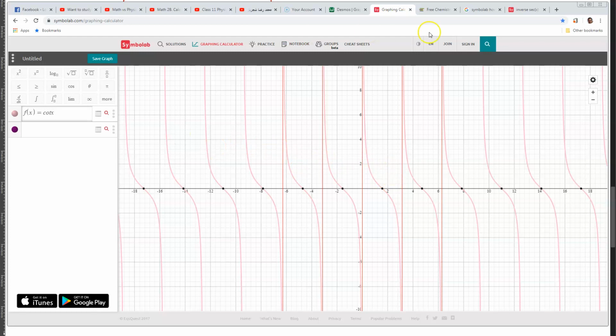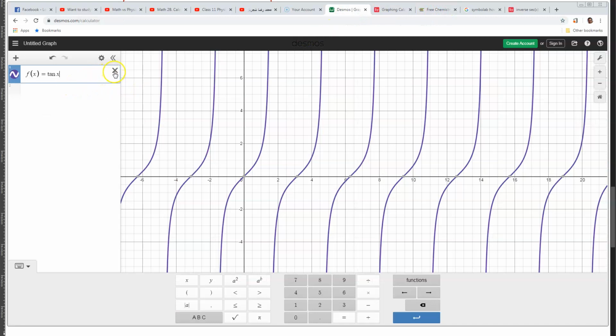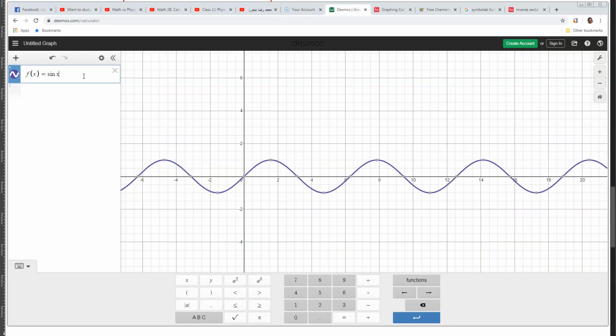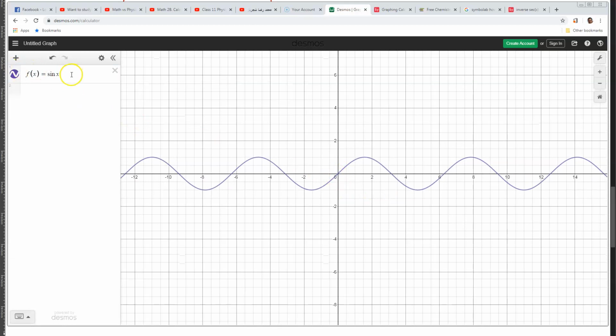Meaning that, for example, if I think about some function like f of x is equal to sine x, then of course this function is not 1-1, and it is not onto either, because if I take the codomain of this function as the range of the function, for example, if I assume that the codomain and the range of the function are both the closed interval -1 to 1,